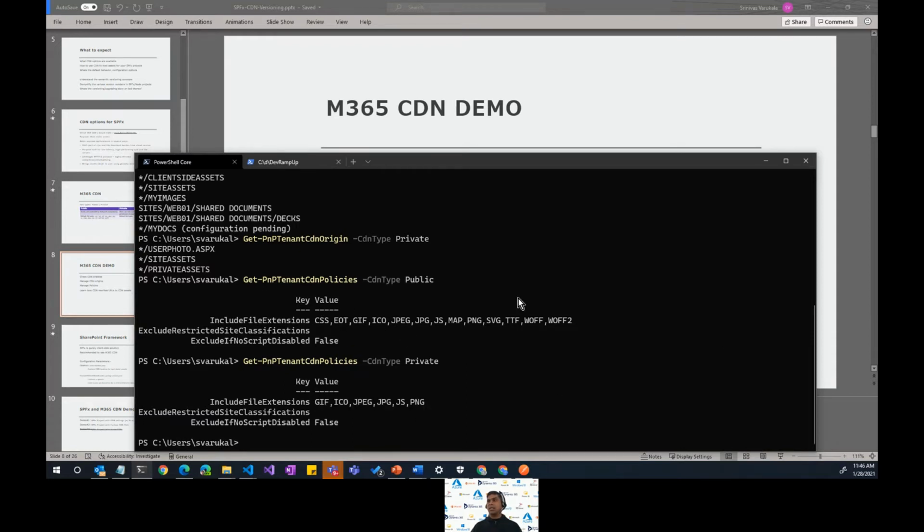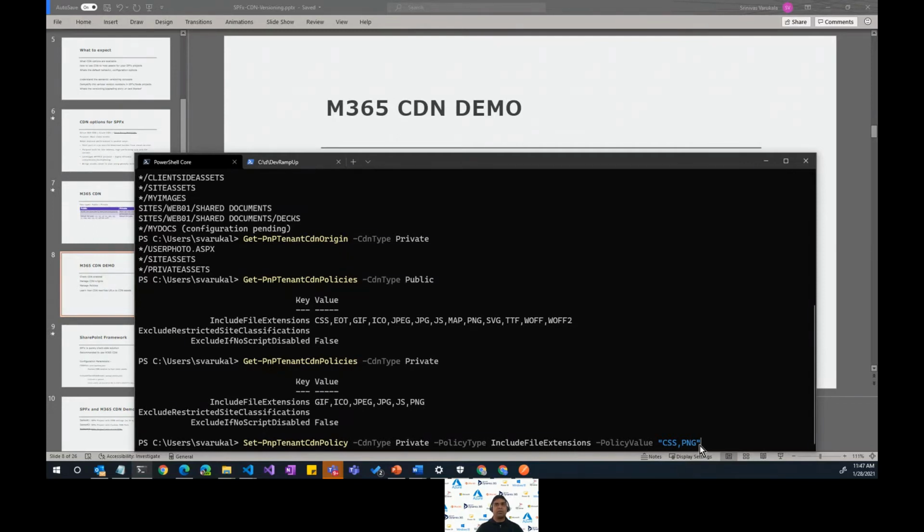So let's see how to add a new policy here. To save some time, let me copy it from my notes. I'm using PnP here. This is the PnP tenant CDN policy. You pass in the CDN type, the policy type, which is include file extensions, and the policy value.